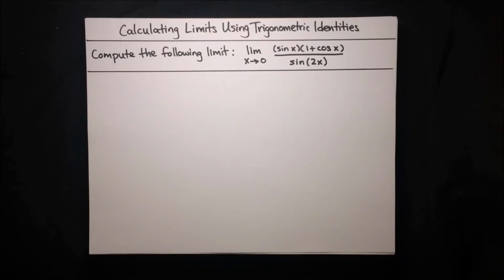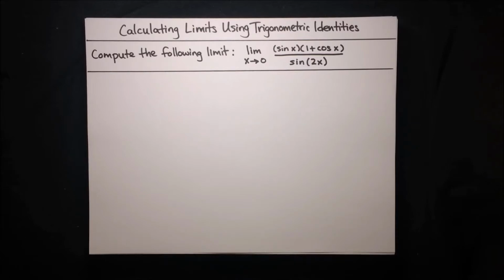In this video, I'm going to show you how to calculate limits using trigonometric identities. So here's the first problem that we want to solve. We want to compute the following limit: the limit as x approaches 0 of sine x times the quantity 1 plus cosine x, all divided by sine of